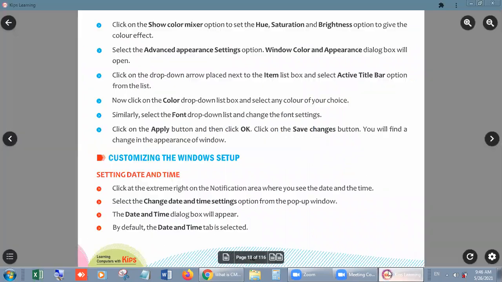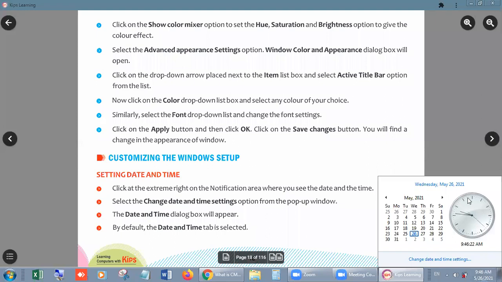Now come back to the point. How can we change it? For changing it, go to the notification area, as you can see in the picture, right? Click on it. It will open a pop-up in which you can see the latest month calendar and the latest time, just like 9:46:30, 31 seconds, and it is AM. And the date is May 26th. The 26th is highlighted by a box with a changed color. The color is blue, right? Now, on the upper side, you can see Wednesday, May 26, 2021.